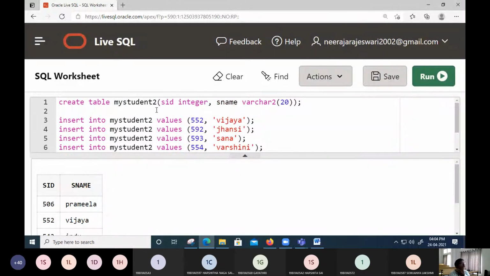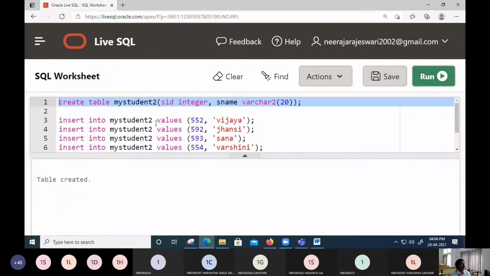Here again I'm going to give the same columns, an integer student ID and another one, student name. Then we are going to insert the values Vijaya, Jansi, Sana and Varshini. So you can see here table 2 was created.